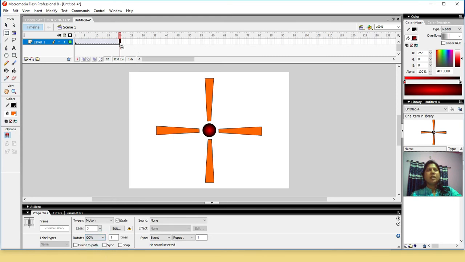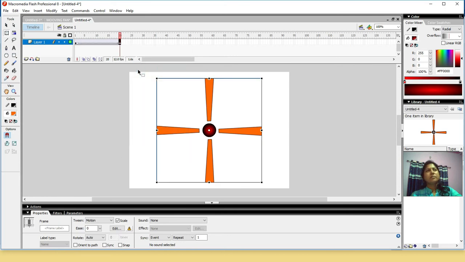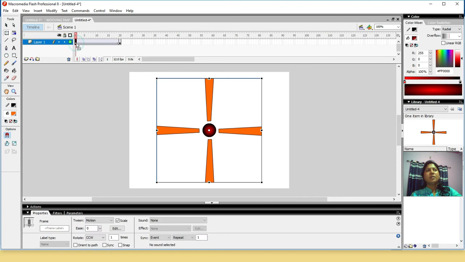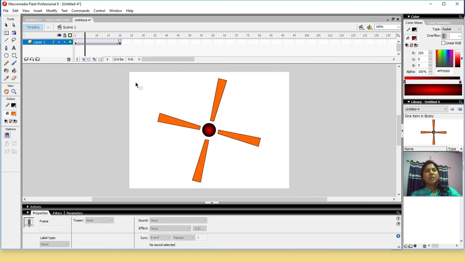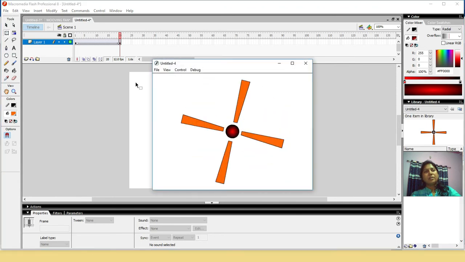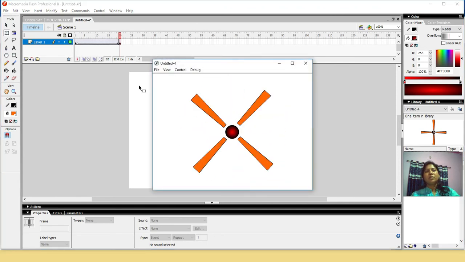Okay. Now again click here, then right click, then insert keyframe, or you may press F6. Over. Now you just check the output. Click here, press Enter, or press Ctrl Enter. See, it is going on moving. Okay.